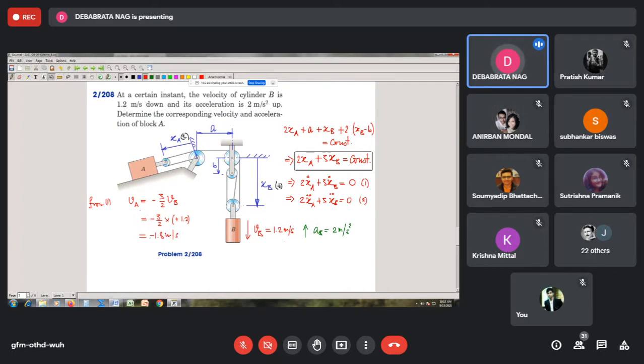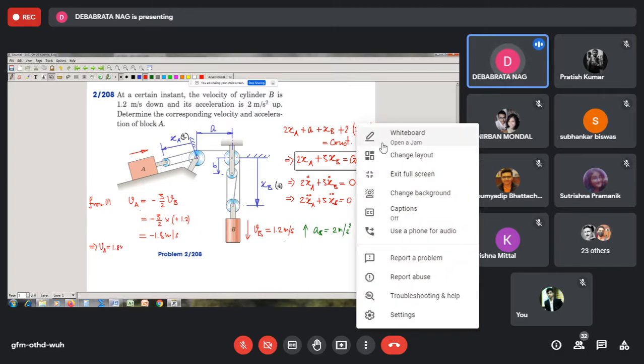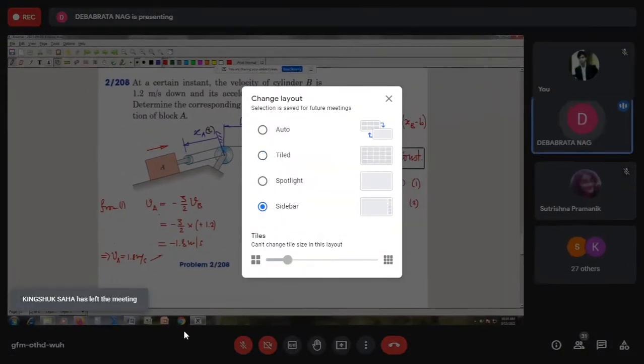So VA turns out to be minus, which means that the velocity of the block A will be in opposition with the displacement direction, position vector direction of block A. So you see the position vector here is down the inclined plane. So as a result, we can say that the actual direction or the sense of the velocity of block A will be in the upward direction, and we will report the answer like this. We can say VA is equal to 1.8 meter per second and its direction is up